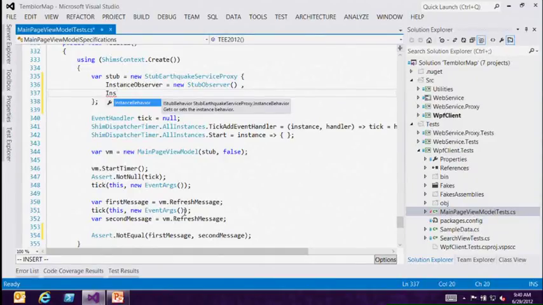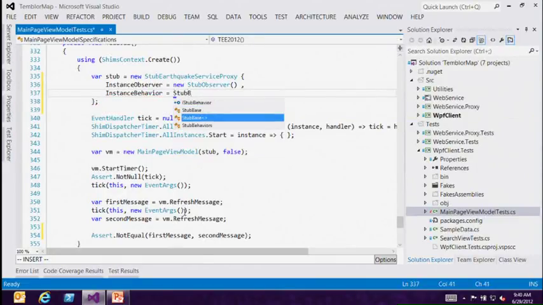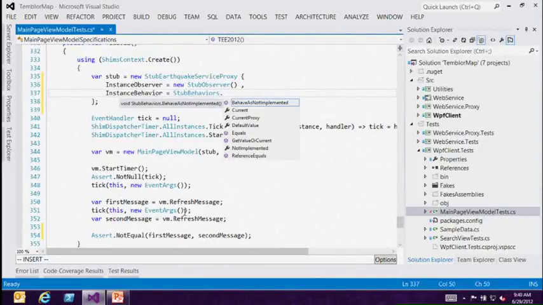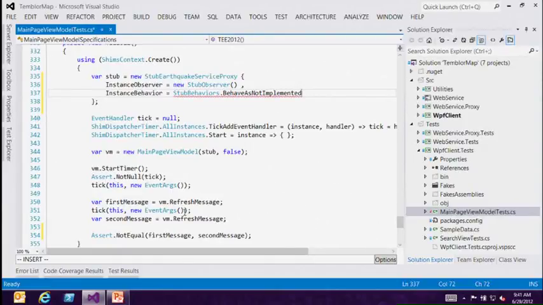This allows you to configure what the stub does if the user makes a call that you've not provided a delegate for. The default behavior is to return default of T for any method that returns a type, or to just do nothing. But maybe you want to be very explicit and you want to throw. So it turns out there are values you can put here, and we have a bunch of choices for you. You can see we have behave as not implemented, which would do exactly what I just said. So by putting this line on the stub,